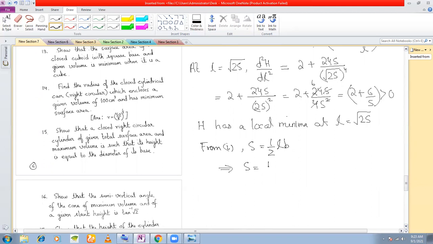S is equal to half root 2S into B. That means S is equal to 1 by root 2 into root 2 into root 2 into root S. These two cancel, right? So you get here